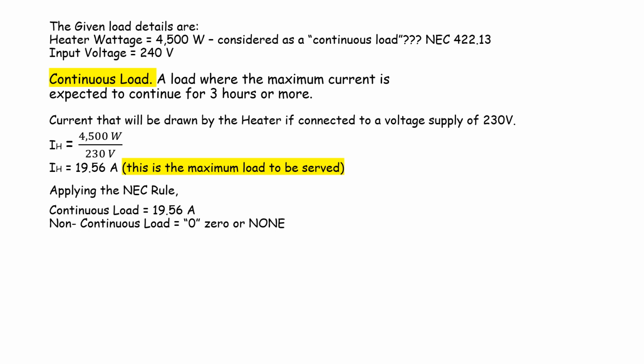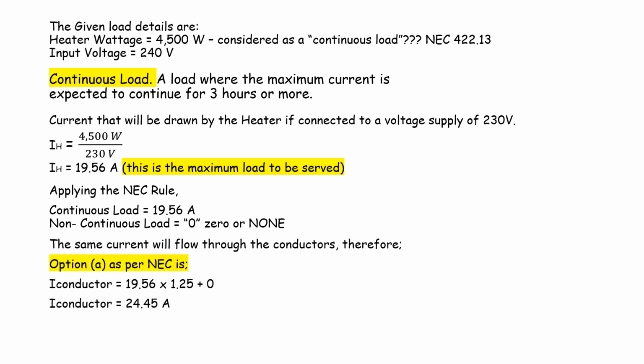Applying the NEC rule, the continuous load is 19.56 since we have only the heater, and the non-continuous load is 0. We don't have any other equipment or device considered as non-continuous load. So the same current will flow through the conductors. Therefore, option A as per NEC is that the current through the conductor is